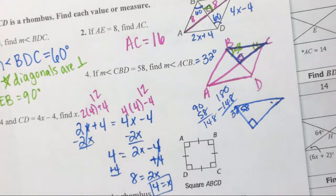So again, rhombuses, whole new shape, have a lot of stuff in common with parallelograms. The 3 things that make them unique: all 4 sides congruent, diagonals are perpendicular, and the diagonals bisect the angles. Okay, I've rambled on long enough. You can put that